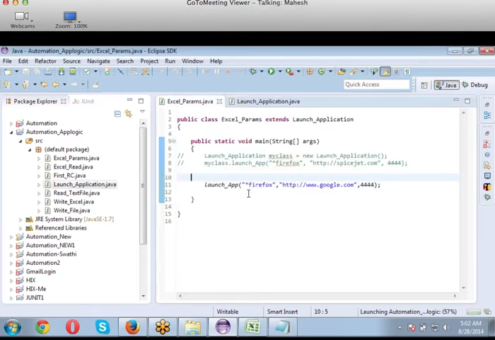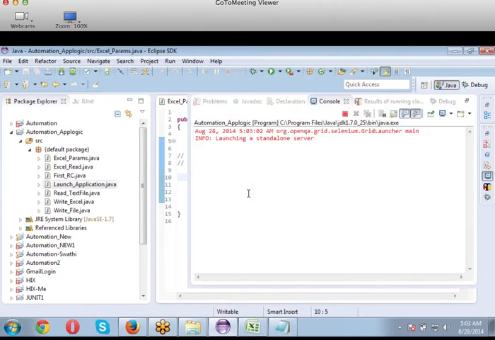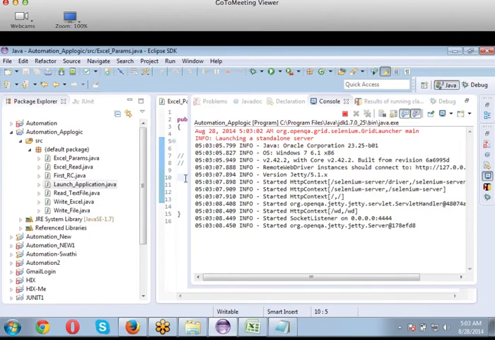Start the Selenium server. Selenium server is started. Save and run the program.